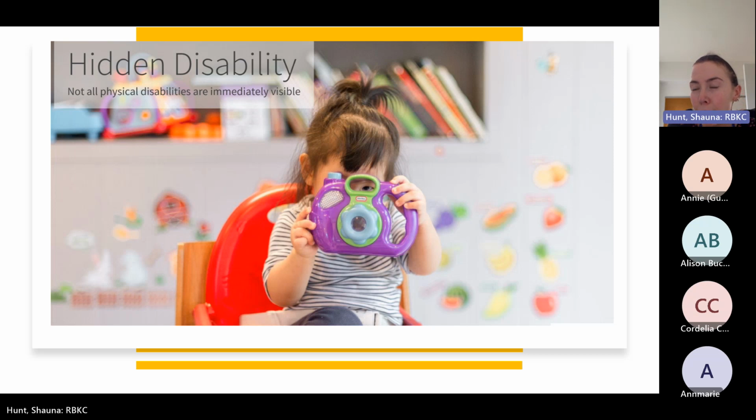Hidden disabilities. Generally, seeing a person in a wheelchair, wearing a hearing aid or carrying a white cane tells us that a person may be disabled. But what about invisible disabilities that still make daily living more difficult? These can include illnesses such as renal failure, diabetes, sleep disorders, chronic fatigue or pain, partial sight loss, hearing loss, or asthma. So it's important to be mindful of these as well.